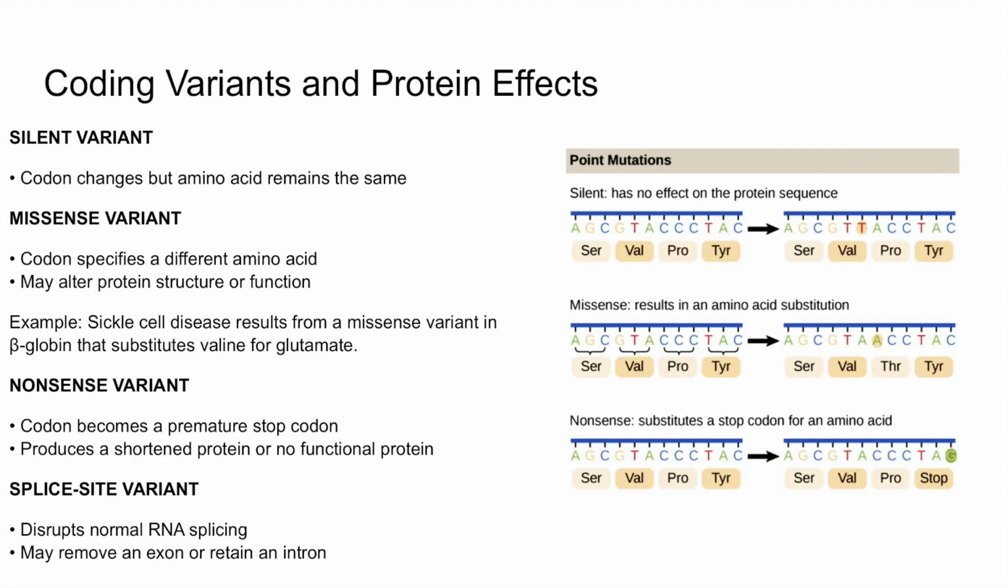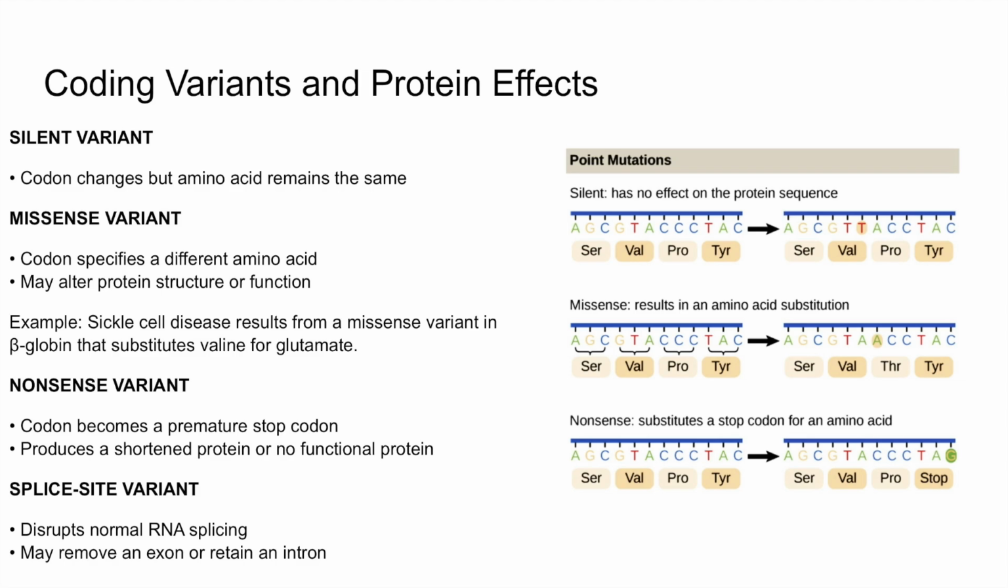All right, so coding variants are categorized by their effect on proteins. A synonymous or silent variant changes a codon without changing its amino acid because the genetic code is redundant. So it may still occasionally affect splicing or expression, so silent doesn't always mean biologically irrelevant. A missense variant substitutes one amino acid for another with effects ranging from negligible to severe. So sickle cell disease is the classic example here. So valine replaces glutamate in beta globin, and then